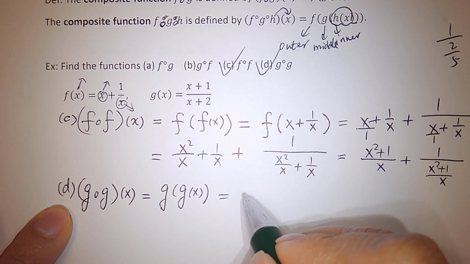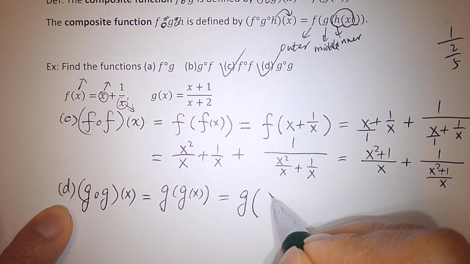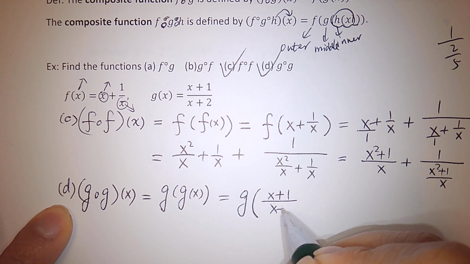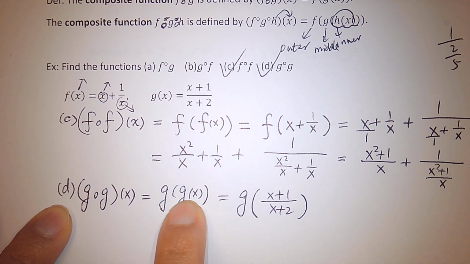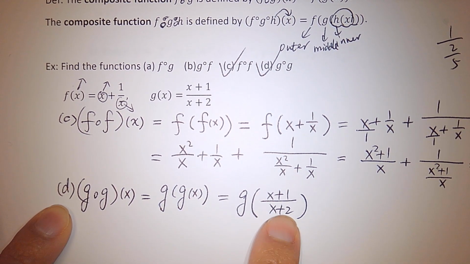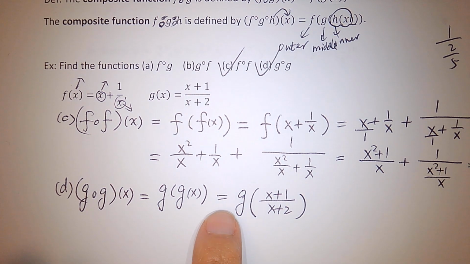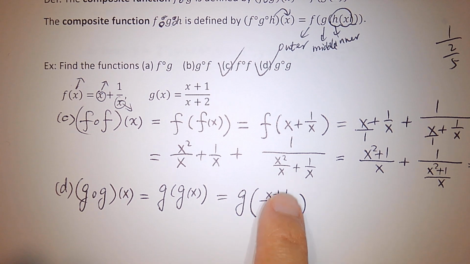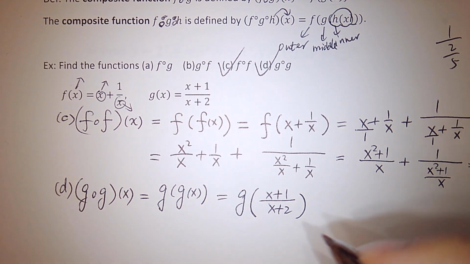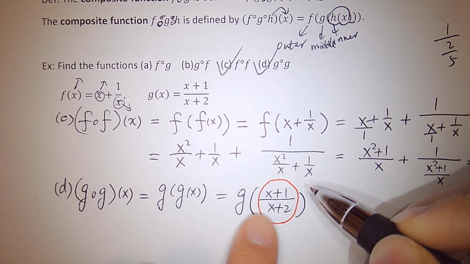What is g of x? The inner one? x plus 1 over x plus 2, right? Right, guys? g of x is x plus 1 over x plus 2, sorry, I said something wrong. How about g of this thing? g of this thing